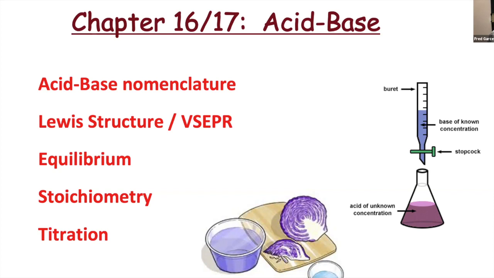Because the more loosely held a hydrogen is to a structure, the more acidic that particular chemical. Because what is an acid? It's a chemical that wants to donate its hydrogen. So the strongest acids are those chemicals that hold on to their hydrogen the least. Okay, it doesn't have a very strong grip. Whereas those chemicals that are non-acid, they don't let go of their hydrogens. Okay, so again, some of the fundamentals, and everything's a build-up. You need to understand equilibrium if you're going to appreciate acid-base chemistry. You certainly need to know how to do stoichiometry, and I think you guys also did a little bit of titration in Chem 200. Well, you're going to do it here again.